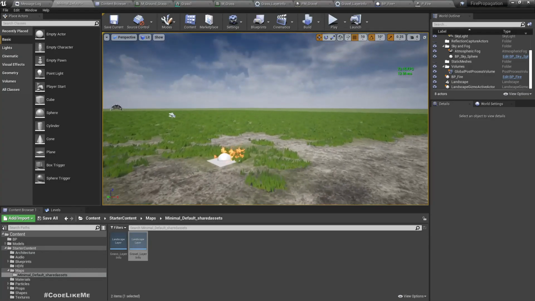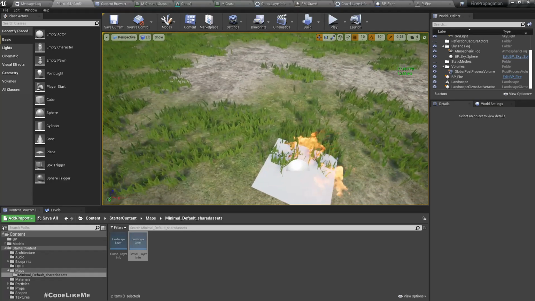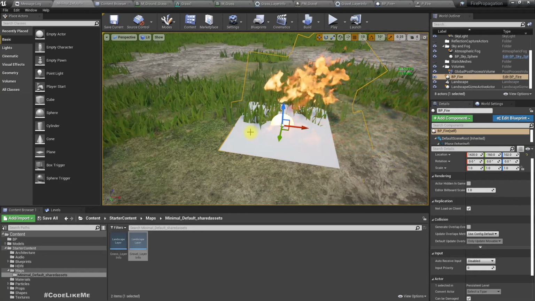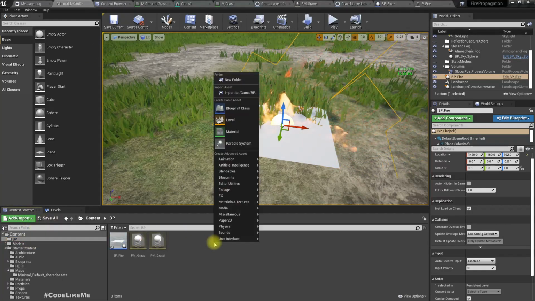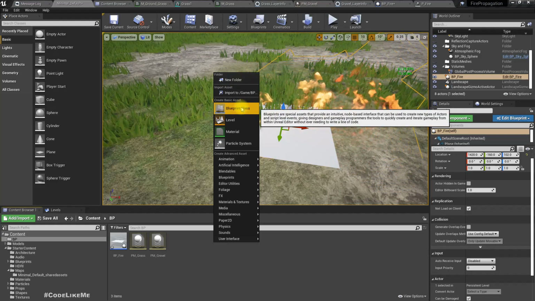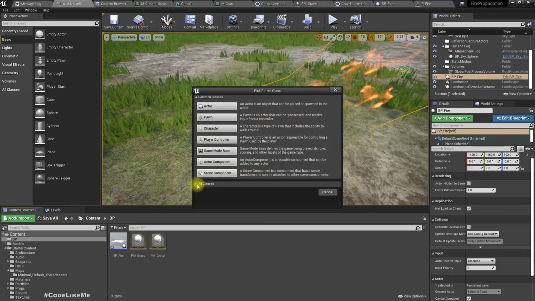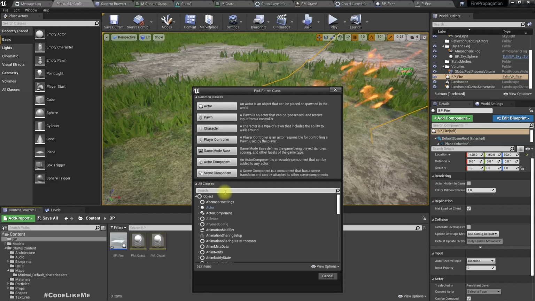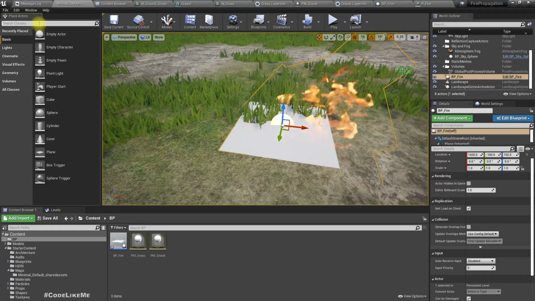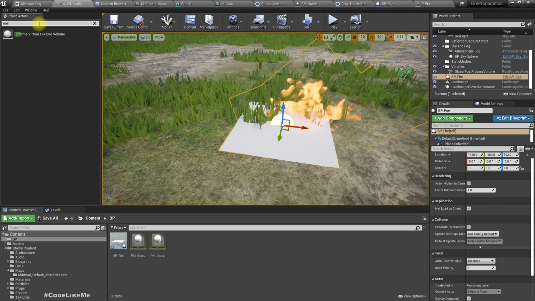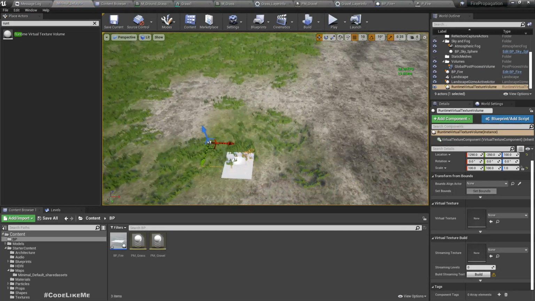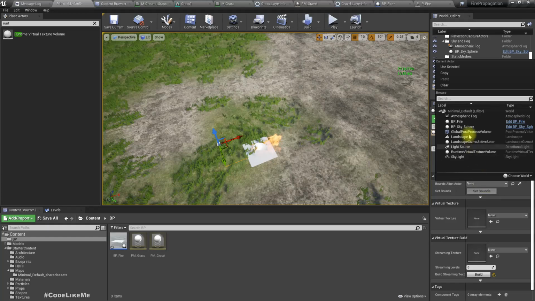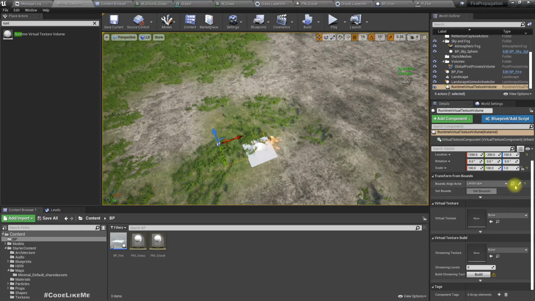Right, now that we have worked up to this point, let's go to the BP. Let's create a blueprint like this. No, actually, we can add a runtime virtual texture volume to this. As the bounds actor, I'll use the landscape,